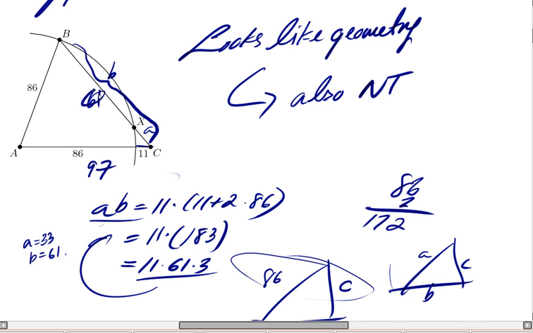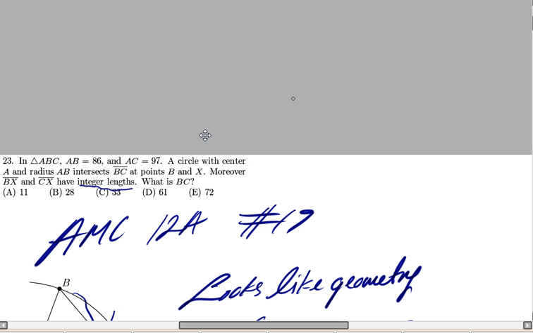Now, if you had BC equals 11 somehow, then that wouldn't quite work, namely because 86 plus 11 is not greater than 97. So you need to be really careful to make sure that you satisfy the triangle inequality. So our answer is B, 61, which corresponds to